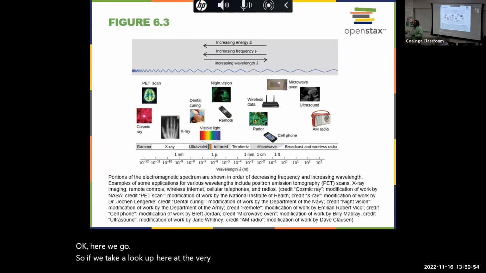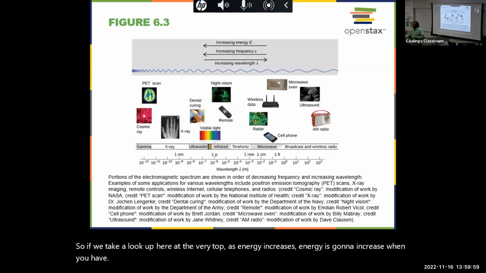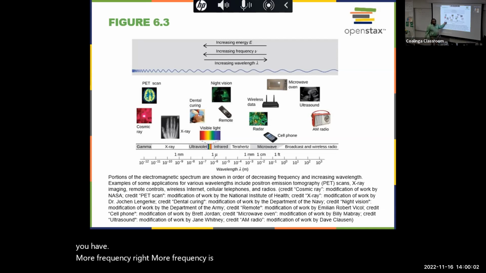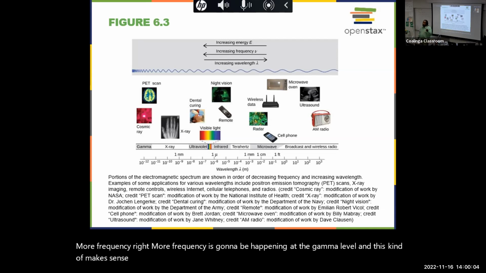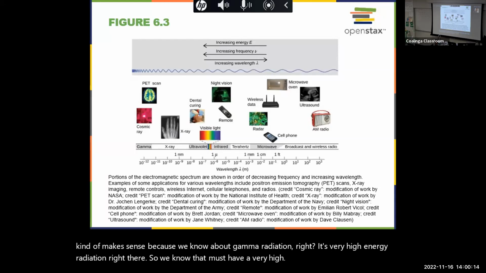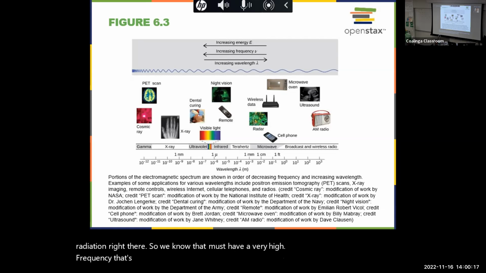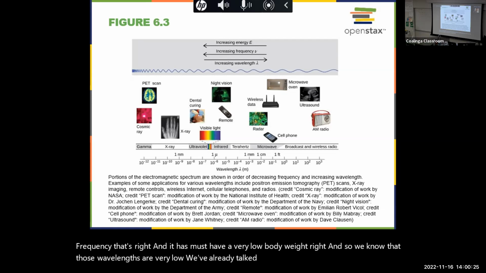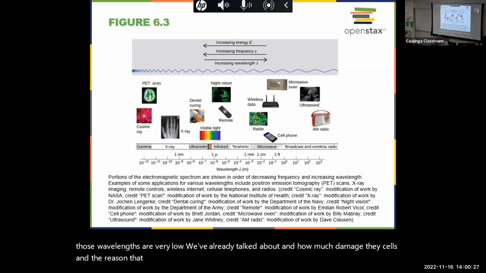As energy increases, energy is going to increase as more frequency, right? More frequency is going to be happening at the gamma level. And this kind of makes sense. Because we know about gamma radiation, right? It's very high energy radiation. Right? So we know that it must have a very high frequency. That's right. And it must have a very low wavelength. And so we know that those wavelengths are very low. We've already talked about how much damage they do to cells, and the reason that they're able to do that damage is because they're able to evade the cells. They're able to work